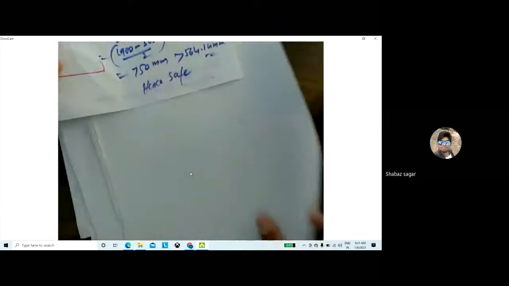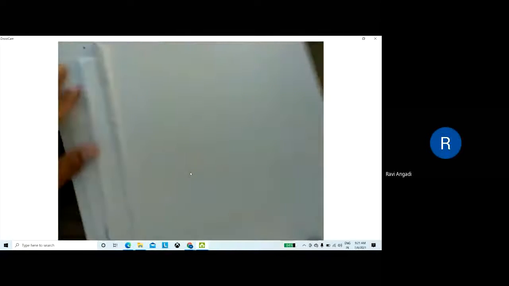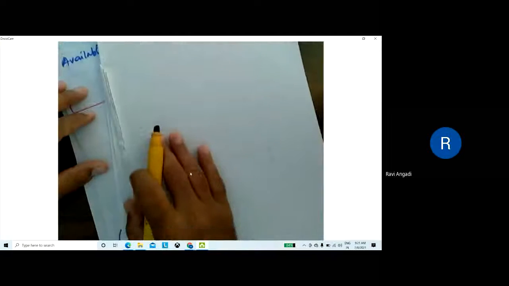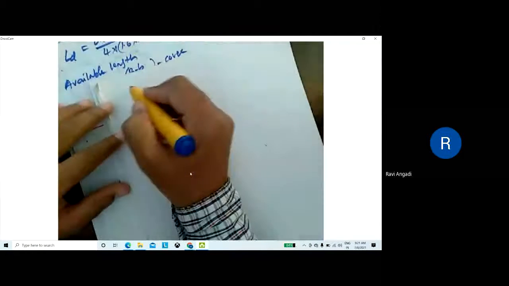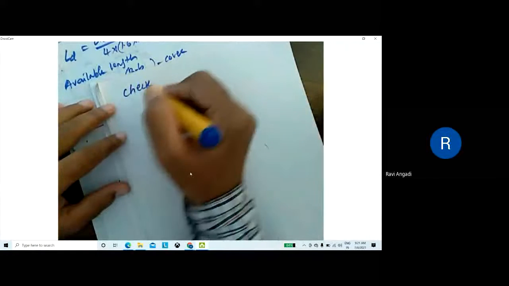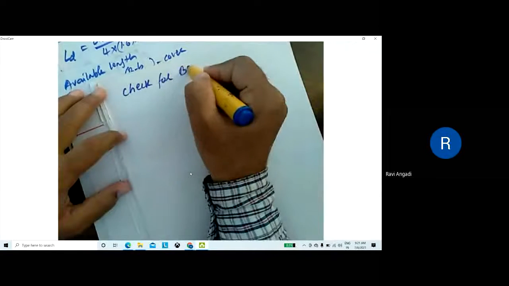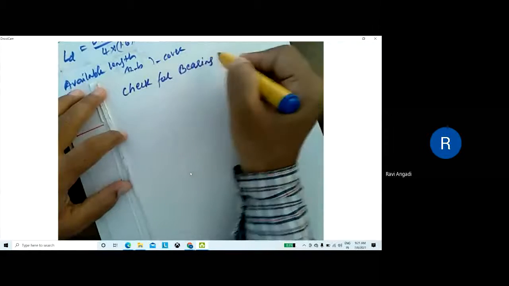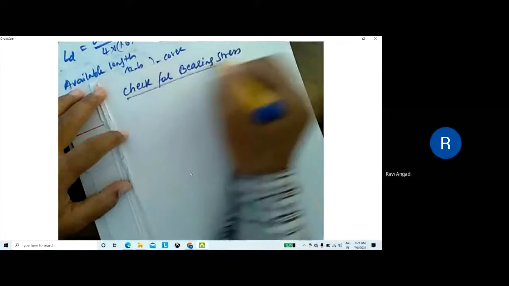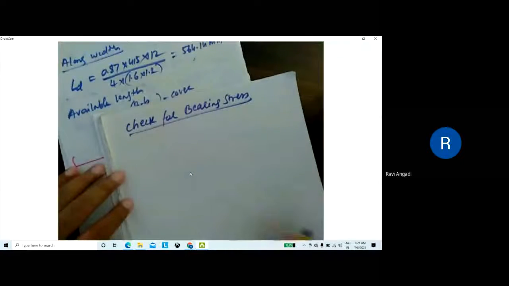Check for bearing stress. This is important, the last check.